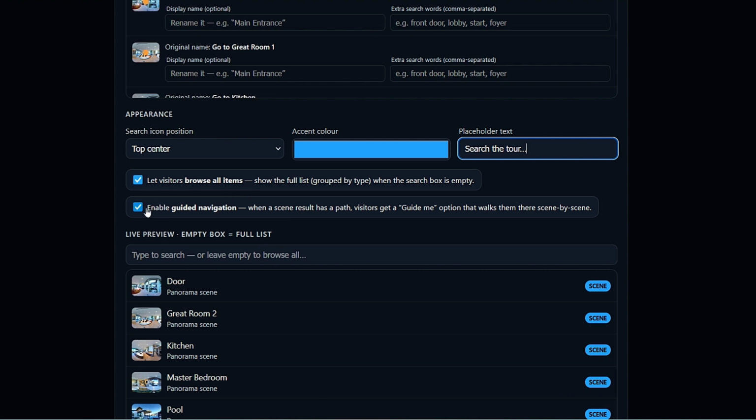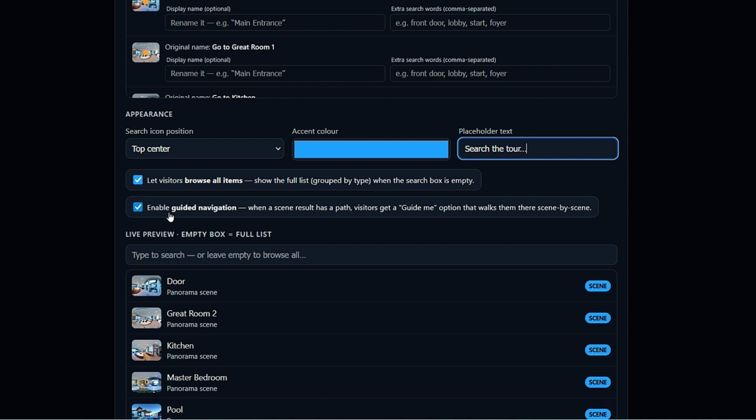The next option is Enable Guided Navigation. If you have previously defined a path between elements inside your 360-degree software, especially panoramas, for example, from panorama number 1 to panorama number 3, you have set a path so that, for instance, from panorama number 1 using hotspot 1, you enter panorama 2, and then with hotspot 2, you enter panorama 3. This is a path.